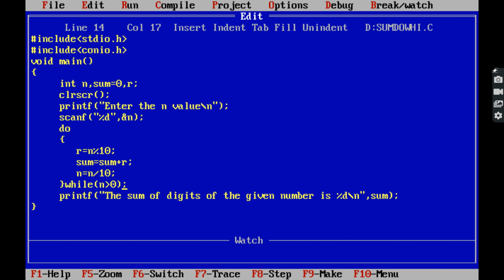Okay, so most of the students can be asked the sum of digits of a given number using for loop and using do while loop. Most of the teachers tell the sum of digits of a given number using only while loop, but how it is implemented using for loop and using do while loop, they cannot tell. But in this video I told using while loop, using do while loop, using for loop. If you require the entire explanation, please watch the previous video where I explain the logic.